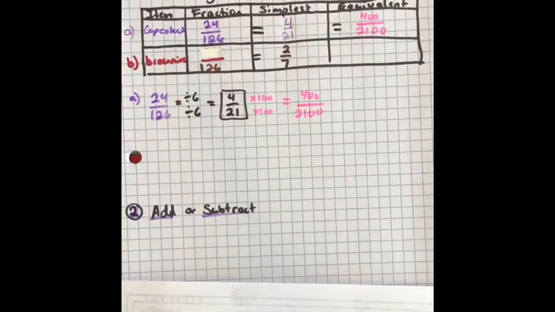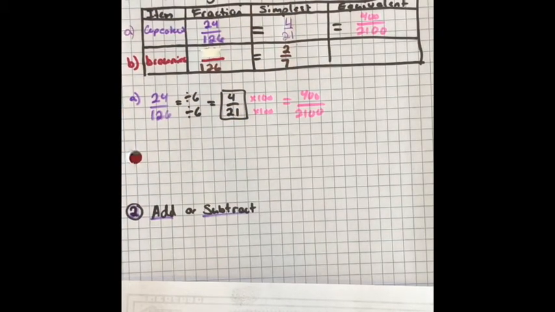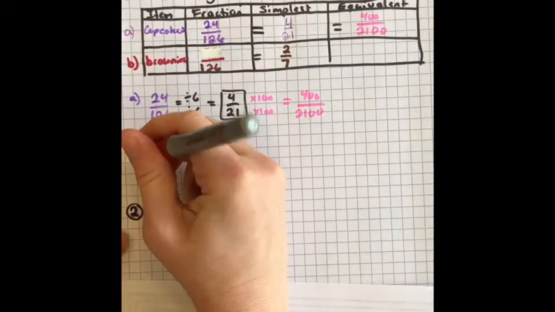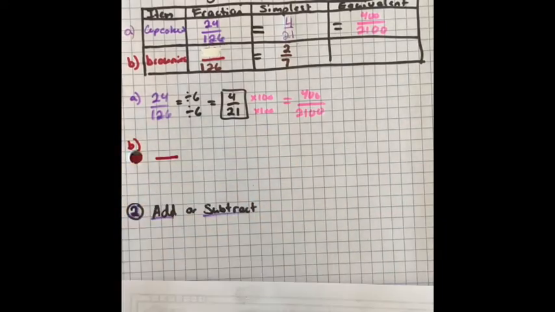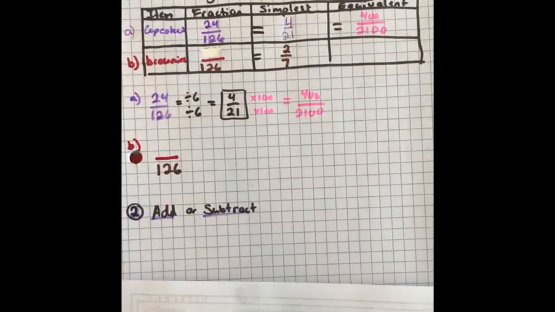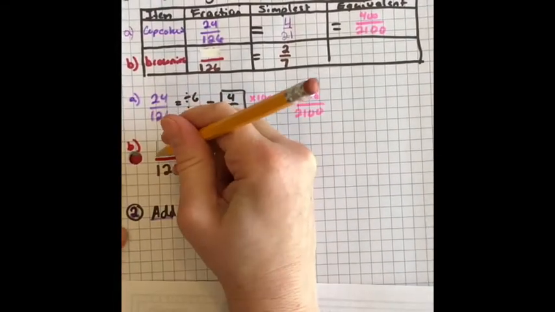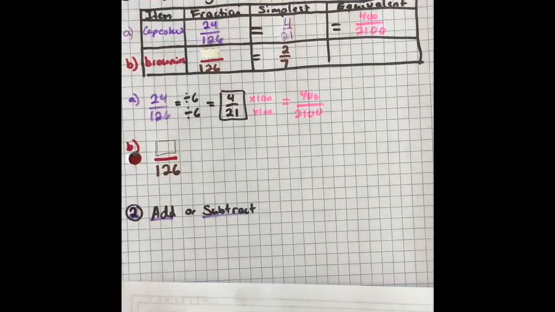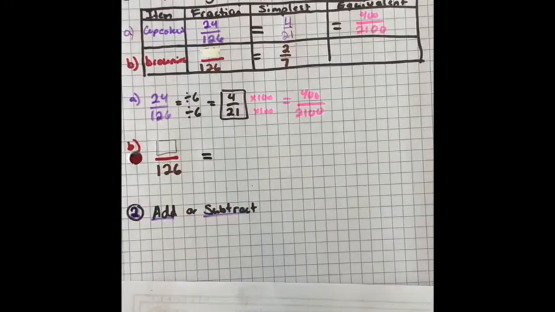So what I'm going to do is I'm going to find the relationship. So I don't have enough room to do my work here, so I'm going to bring it down here. Example B. My problem setup looks like this. Something over 126. I'm going to put a little ghost box up here because eventually that value is going to be filled in. Is equal to